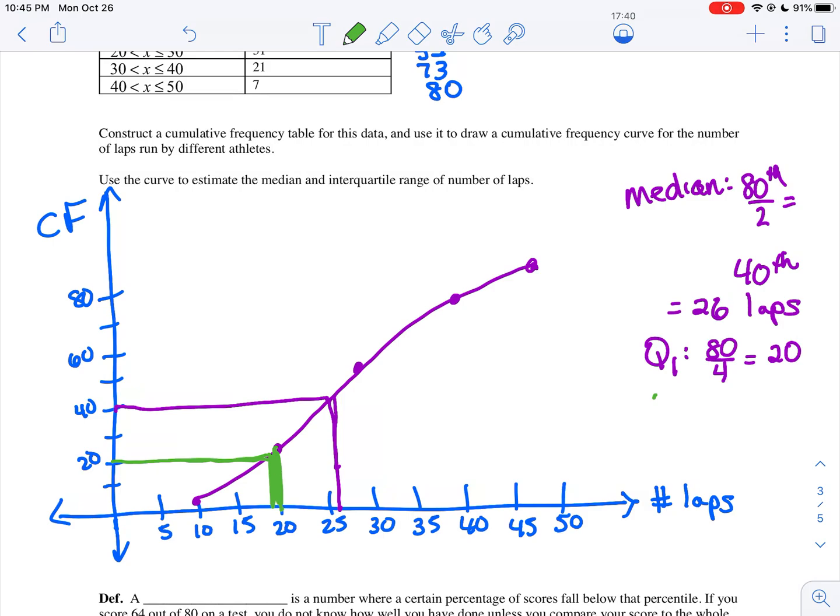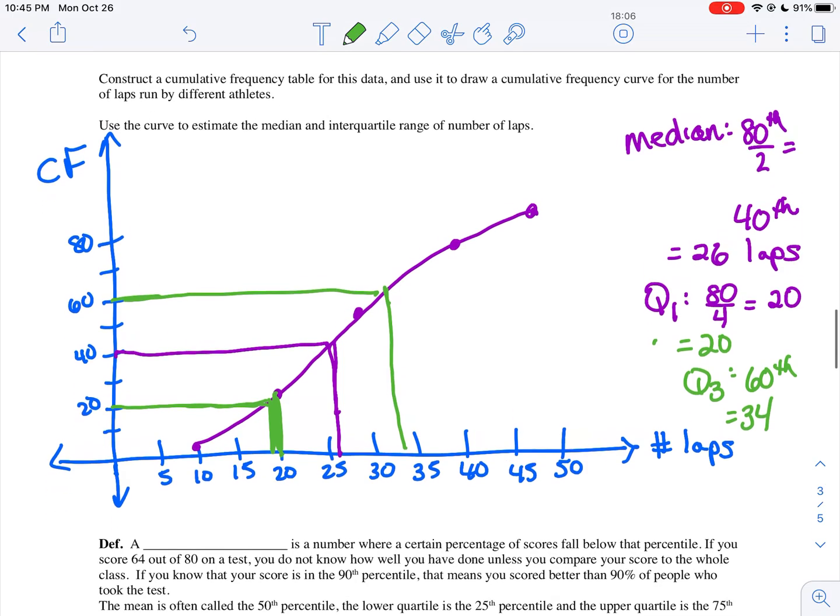So I said quartile 1, the 20 went with the 20. Okay. And then quartile 3 would be 60th. So if I go up here to the 60, I got about